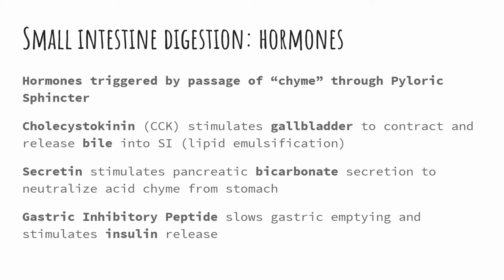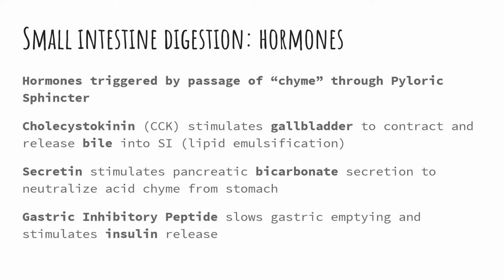So I'll start with the hormone activity in the small intestine. The small intestine actually does make these three hormones. And the small intestine is triggered to make these hormones when chyme comes through that pyloric sphincter. And I didn't show this on that previous slide, but the pyloric sphincter is the sphincter connecting the stomach to the small intestine. And just to review, if it wasn't clear when I said this earlier with the